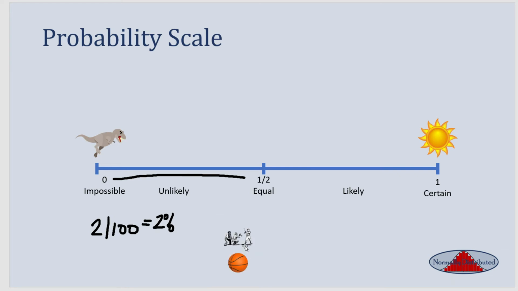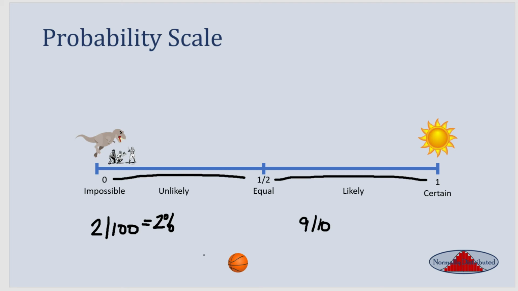So let's go ahead and put our little baseball guy down here on our scale, about 2, right around there. Now, on the other side of the spectrum, we have events that are likely to occur, and that goes right around here. An example of this, let's go back to Steph Curry. He shoots 9 out of 10 free throws, and he makes those.